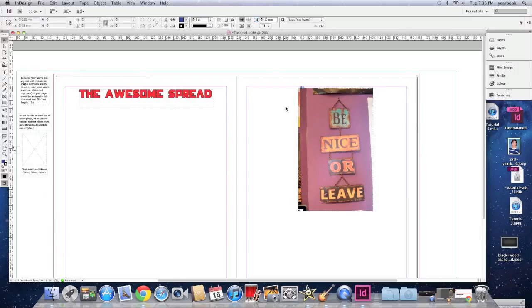And that's pretty much it for images and text. So it's really simple. It's basically like any other program you've used, Photoshop, Word. It's really, really simple. So that's it for now, and I will upload